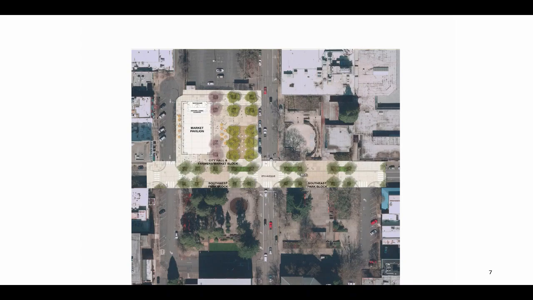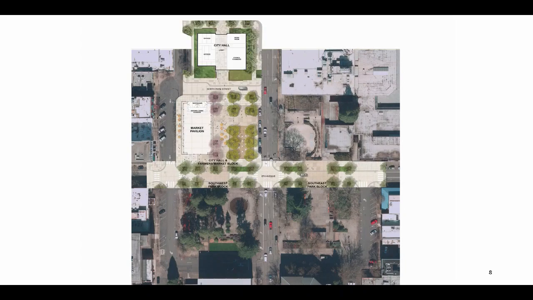With aggregating all of the urban renewal funds, in addition to some of the other sources we have, like money from Lane County, we probably have the right amount of money to do the farmers market space, the farmers market pavilion, and the plaza space around it. That would be an example of a phase one if you wanted to move forward with a smaller scope or a smaller phase initially to stay within the funds that are available at this point. You add the City Hall piece on top of that, it would look like that.